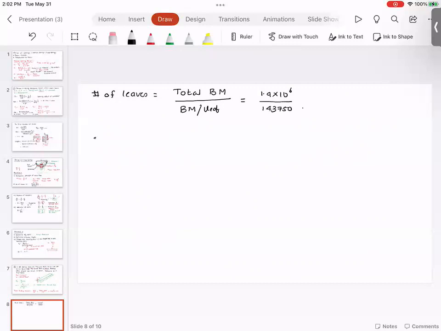And the radius of curvature R is equal to E times I divided by M, which is 200 × 10^3